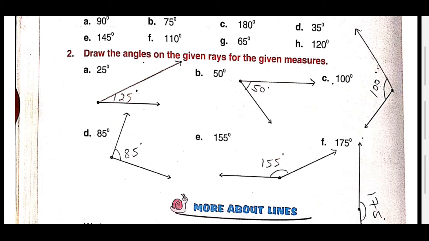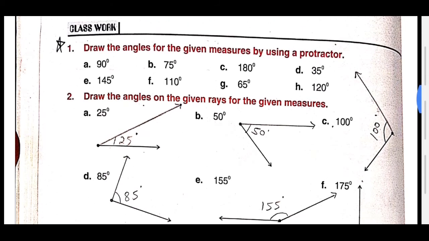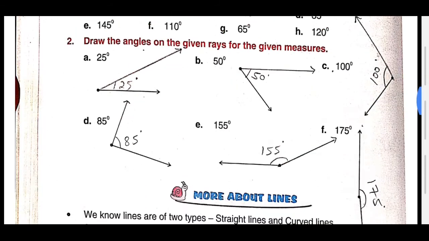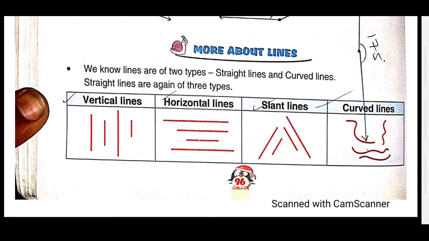What you do is, in your book you have to draw by using this line as a base. Suppose it is 85, so how to draw? Just put your compass like that, the center point is passed through the base. Now just find the value of 85 and put a mark, then remove the protractor and then join, like that you have to draw. In this question you have to draw in your notebook, and in this question you have to draw in your book only. So this is complete.